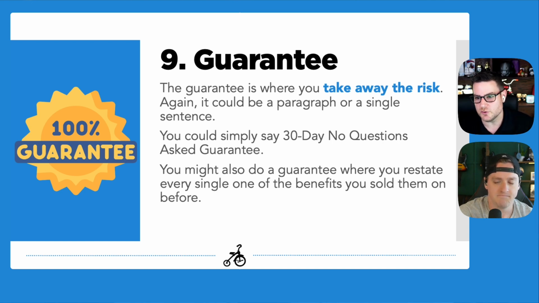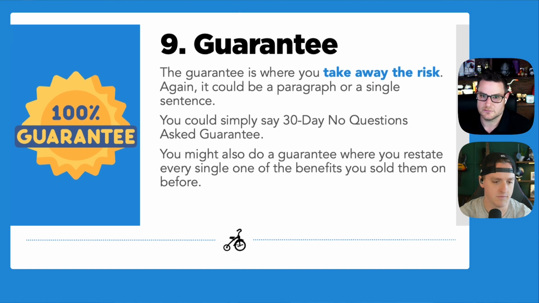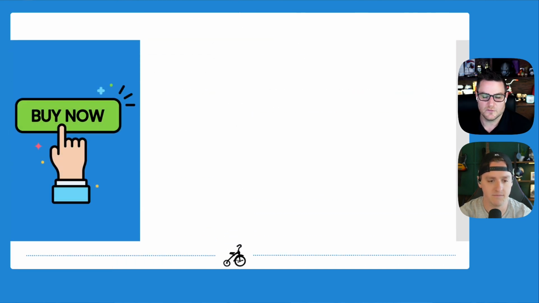You could also do a guarantee, and I think this was a good tip from the book, where you just restate the benefits in maybe a different way. It's not truly a guarantee, but you are bringing back all of the benefits so that when they've gotten to this point and are starting to lean back and go away, you reel them back in. Okay. And finally,